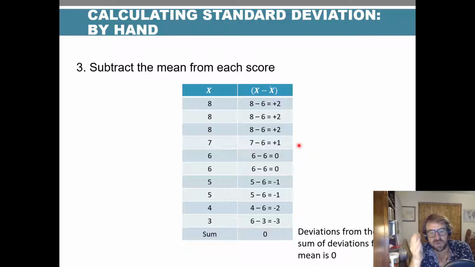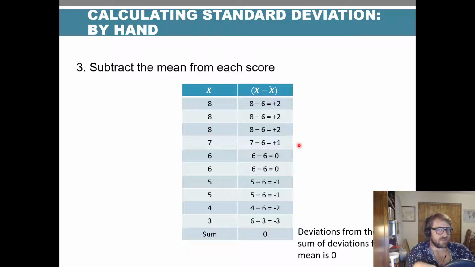And you can see that what we get here is a positive 2, a positive 2, positive 2, 7 minus 6, positive 1, 6 minus 6 is 0, 5 minus 6 is negative 1, 4 minus 6, negative 2, and 3 minus 6 is negative 3. If you add all these deviations up, you should get 0,